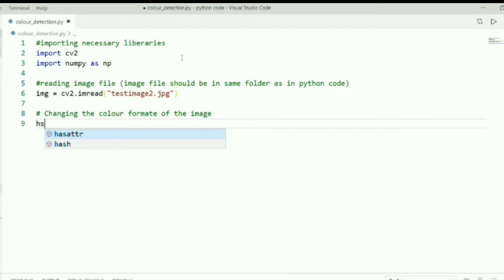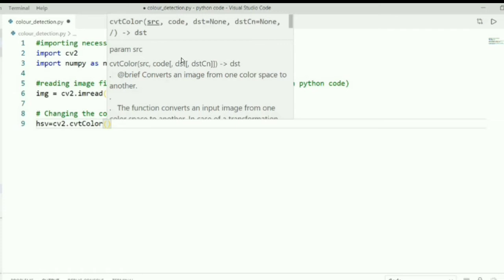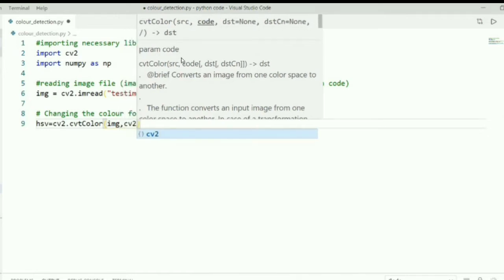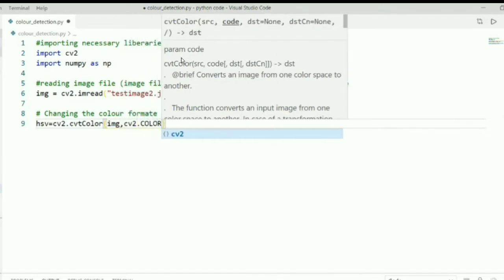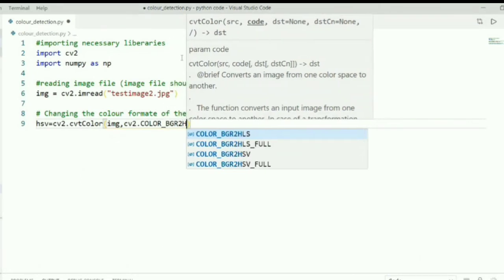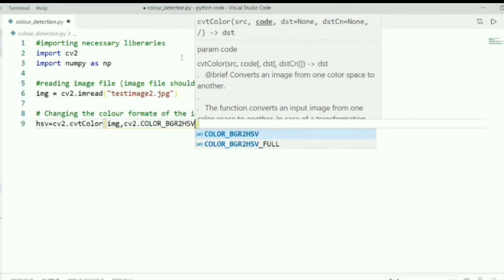To do that, we just need to write one line: hsv. HSV stands for hue, saturation, and value. hsv equals cv2.cvtColor. In brackets, you need to give the image source, that is img, then cv2.COLOR_BGR2HSV.